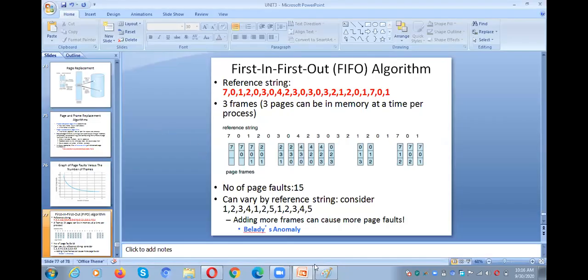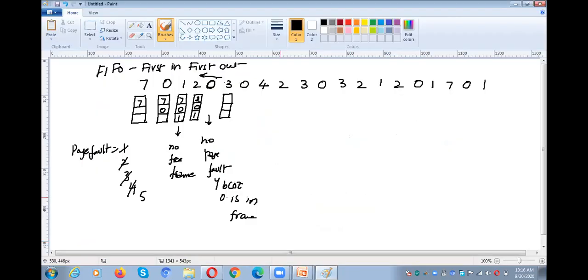We referred to 0 here, and next to here also 0 is there, but 0 did not come into the main memory at this point; 0 came into the main memory at this point. That means among 2, 0, 1, 0 is the first one that came into the main memory. So we need to replace 0 with 3. Are you got my point?